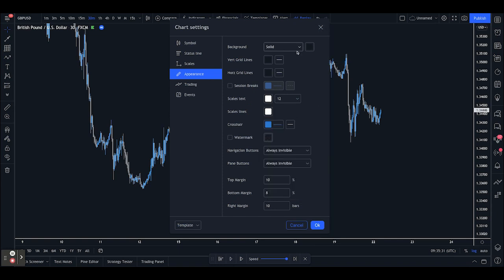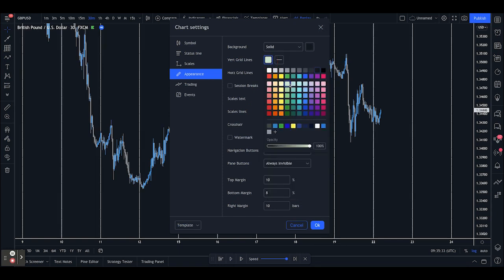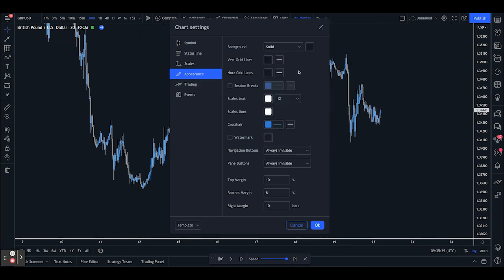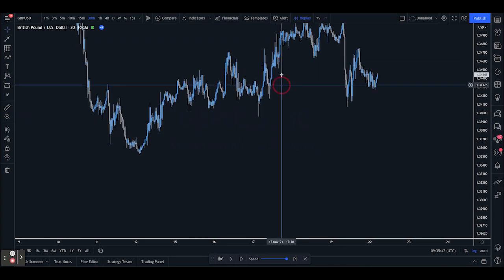We also have grids. I don't really like grid lines, they're pretty ugly. I don't think we need them. I just keep everything the same in the background. So you have to change these as well if you want the background to all be one solid color like mine is. And then aside from that, we also have watermark, which is basically going to plot on a large,